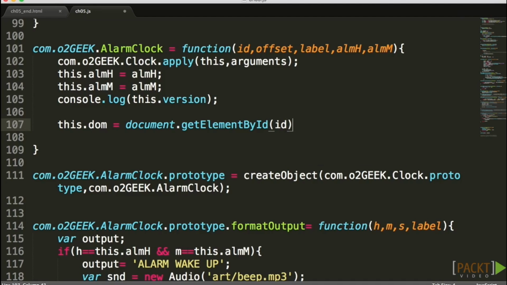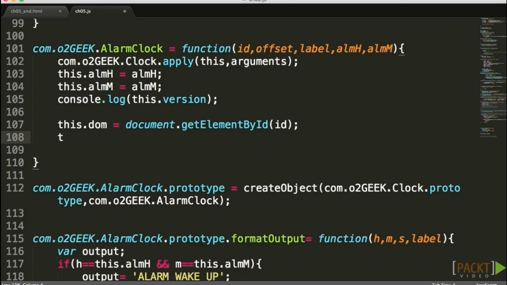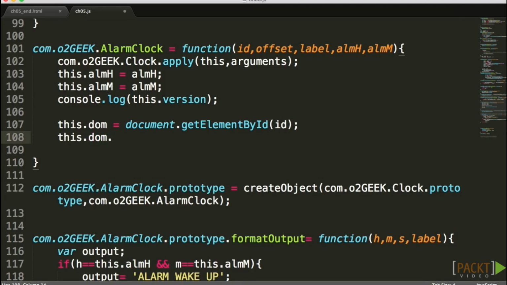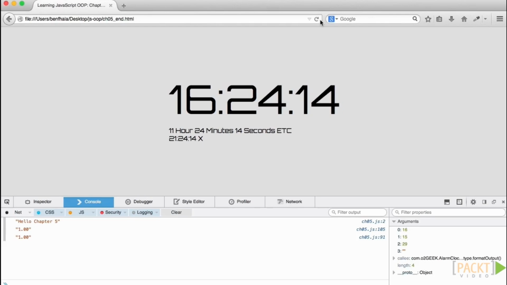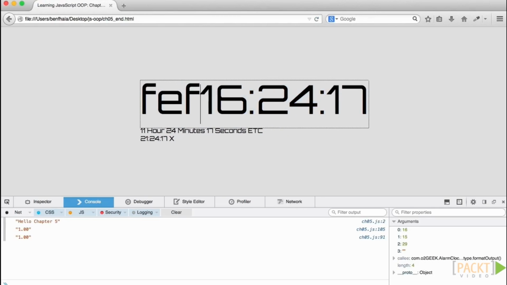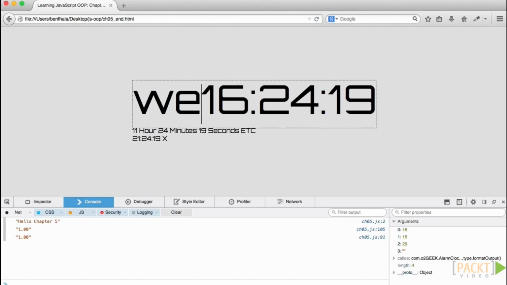Beyond that, I also want to go to that specific DOM element and let it know that from here on, it is going to be an editable element, calling the contentEditable and setting it to true. That's all I really had to do to turn my content editable. If I go ahead and click on refresh, we're going to see that now my content is editable. I could literally go inside here and change copy, although